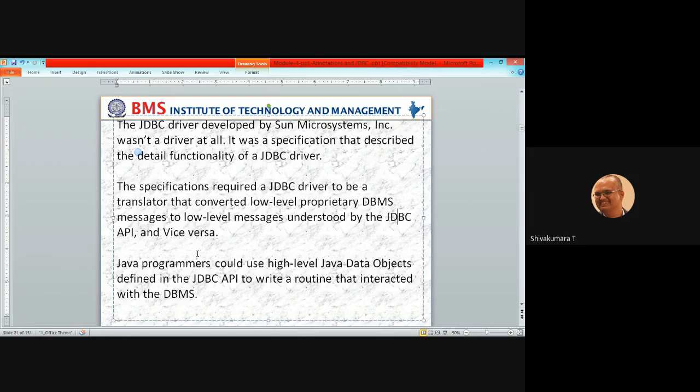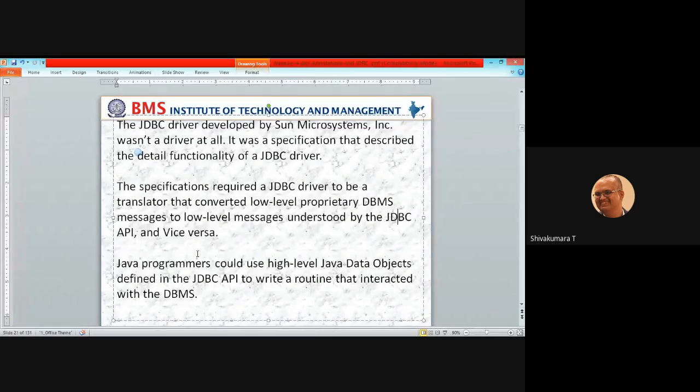And to load and register the driver and initialization, the Class.forName method is used. There you mention which driver the JDBC is going to use, which database the JDBC is going to interact with, and which driver type that database is interacting through. All those things you are writing with two, three, four lines of code, right?